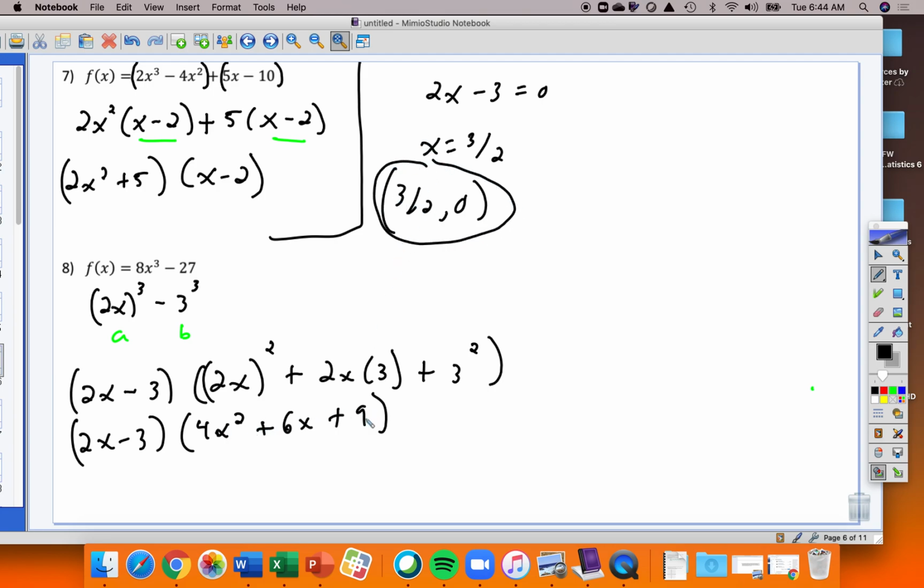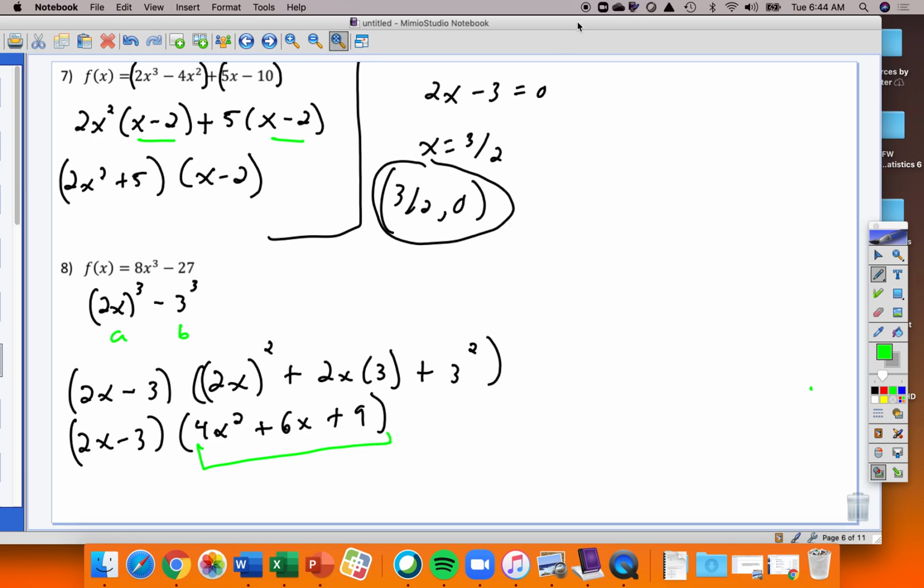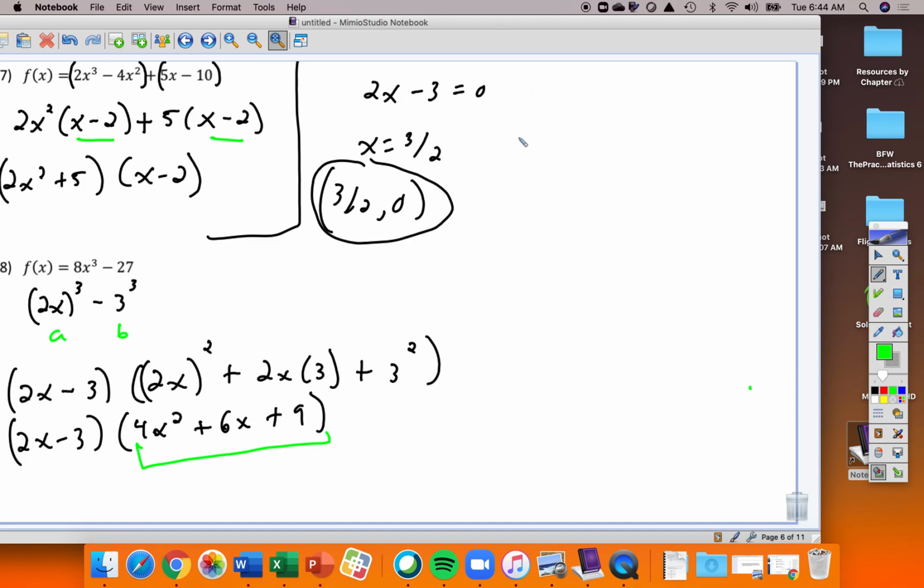And now I have this thing over here. This is a quadratic, right? Every time I am looking at a difference of perfect cubes, I'm going to end up with a monomial and a quadratic, something linear and something quadratic. The quadratic that you're going to get is never going to be factorable. So you're going to have to use what's called the quadratic formula. Right? So we have x